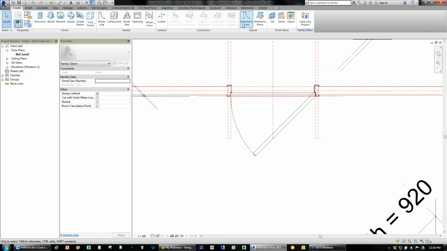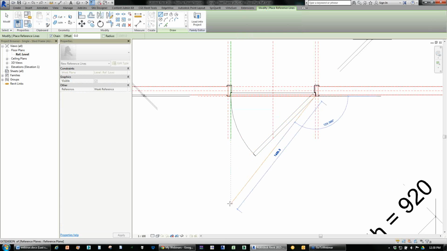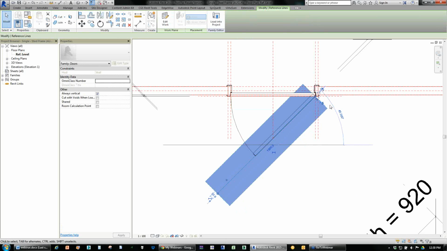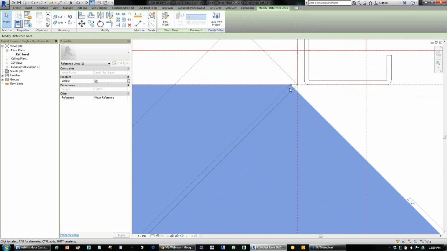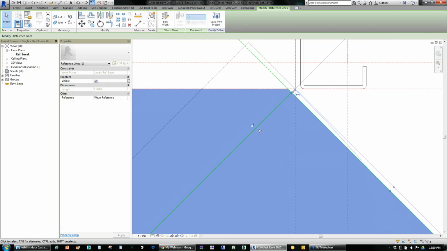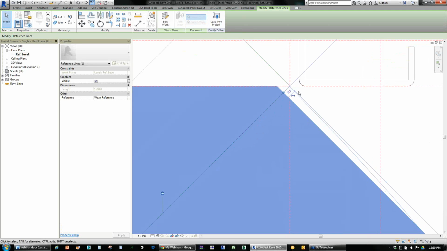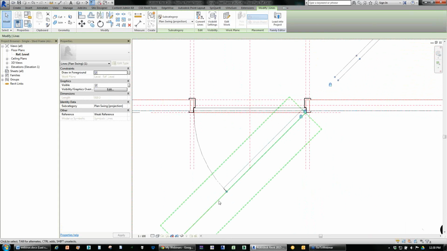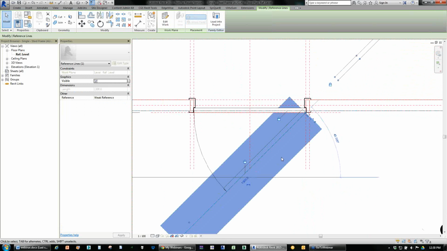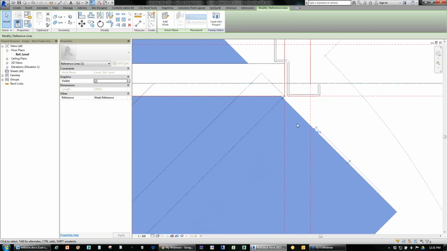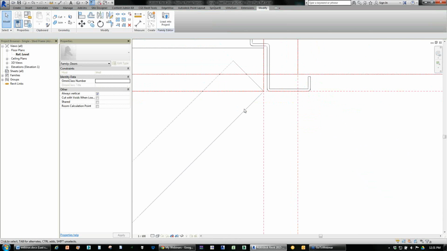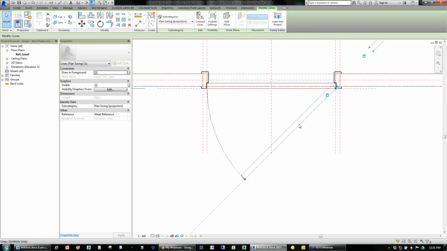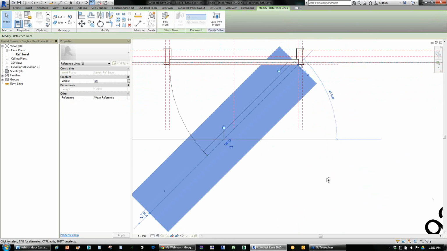Okay, recreate that. I'll just do it like so, just so it's easier to see what I'm doing. Okay, so that's my reference line, and that's a bit different. It will actually allow me to rotate. Let's just make sure that's aligned correctly. So I'll use the align constraint. Okay, so that's going to rotate around, but what I need to do is tell Revit where the pivot point is. And to do that, I'll tell you what I'll do actually, just to make this a bit easier. I'm going to grab these objects like so,